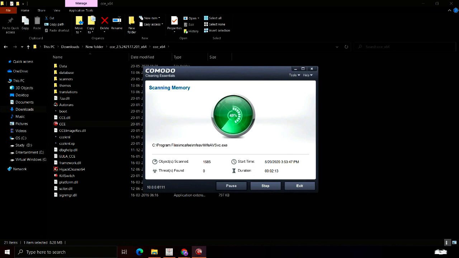This scan should not take too long to complete, and the best part is CCE also scans for the system changes which may have been caused by malware. After the scan is completed, you will be asked to restart your computer. Once your computer has restarted, you will be given the final result.